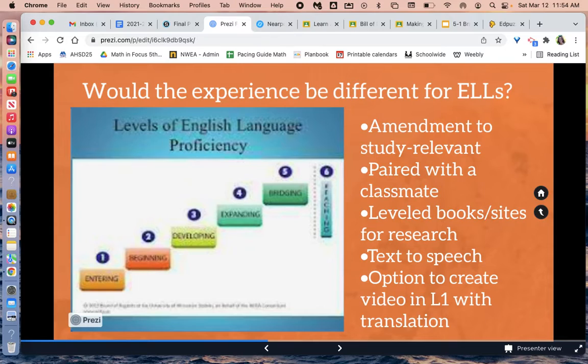Providing leveled books and websites for my students to research and any text to speech options